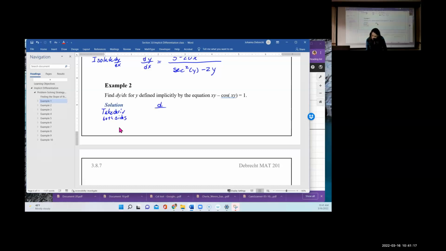And that gives us the derivative with respect to x of xy minus cosine of xy equal to the derivative with respect to x of 1. On the first one, I have to apply the product rule. So remember, this is going to be like my f and this is like my g. So I'm going to have f prime g, which is 1 times y, plus g prime f, and g prime is dy/dx,